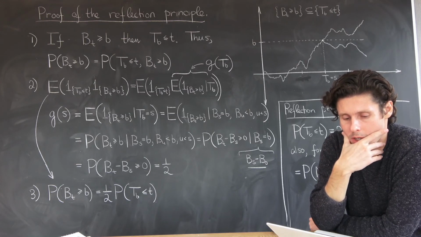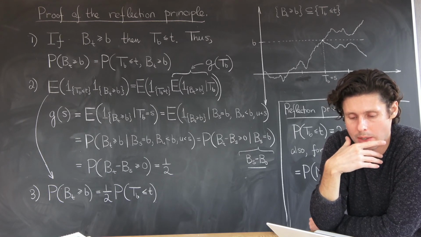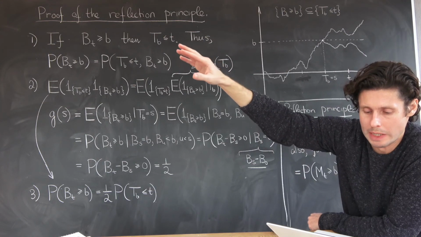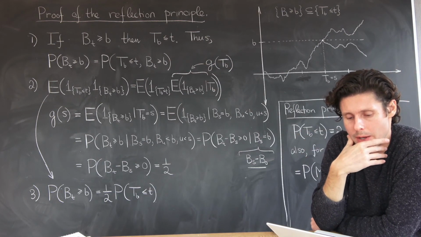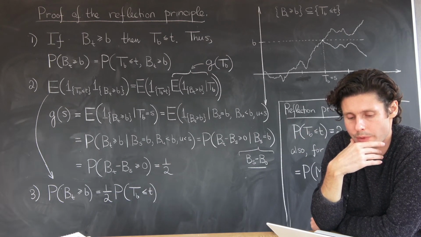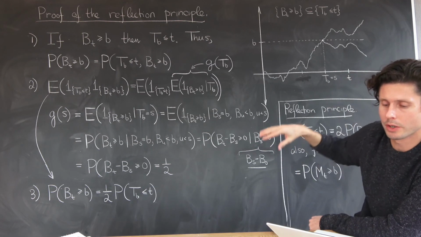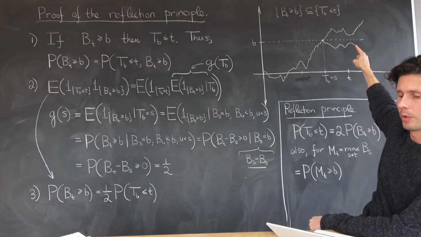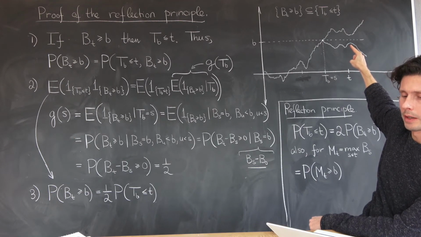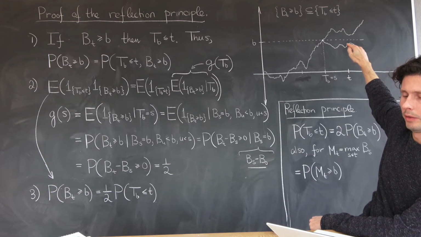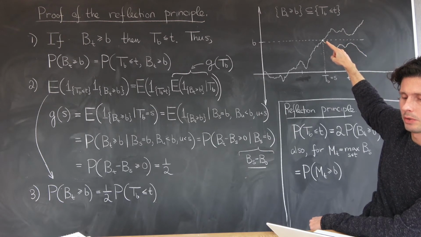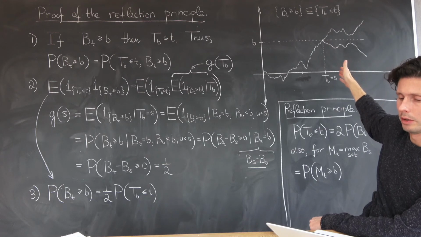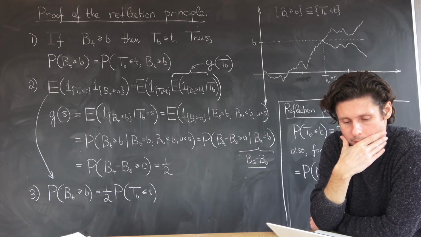You can also convince yourself that the converse to this statement does not work. The converse would read, if the first hitting time comes before time t, then the Brownian motion is above the level b. That's certainly not true. You can think of this alternate path that went downwards here. Here we find the Brownian motion below the level b, and yet nevertheless, it managed to reach the level b at an earlier time point. So the converse is not true.